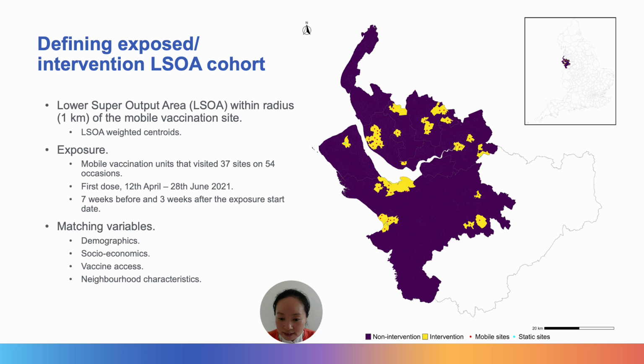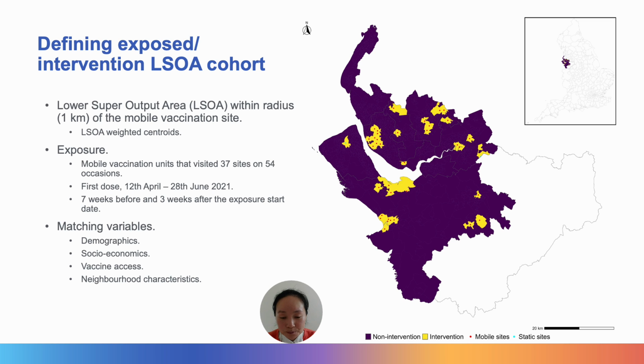The mobile vaccination units conducted 54 visits in total, and they visited 37 sites in total. And also we look at 7 weeks before and 3 weeks after the exposure. To construct the synthetic control group, we matched the intervention group and the non-intervention group in terms of